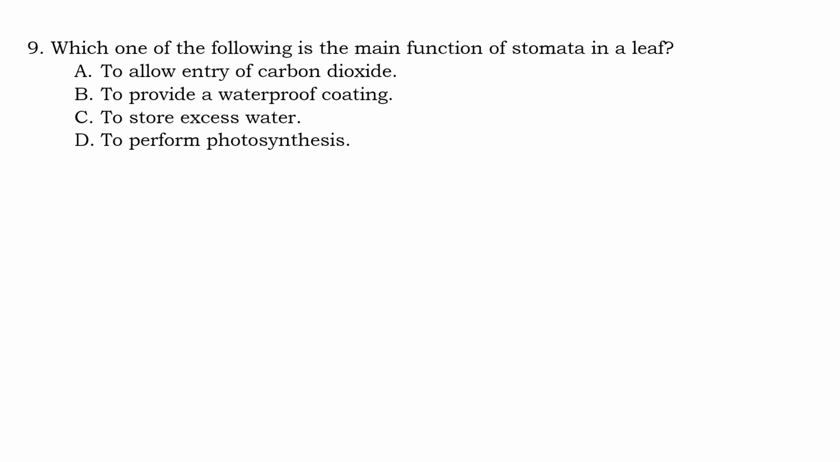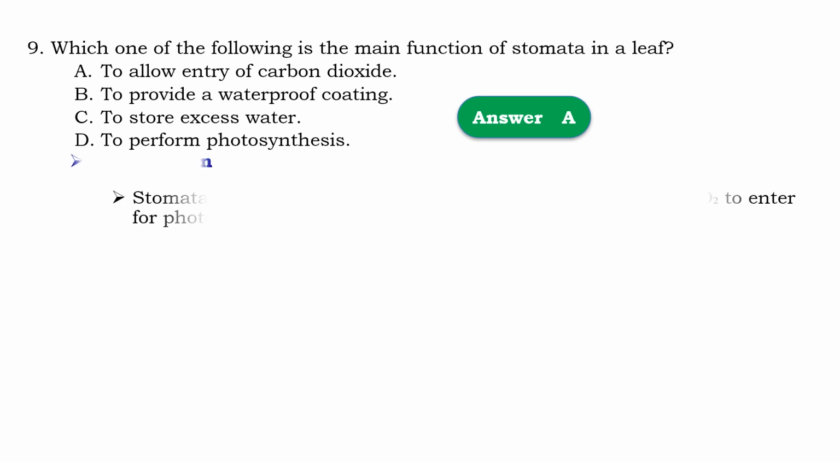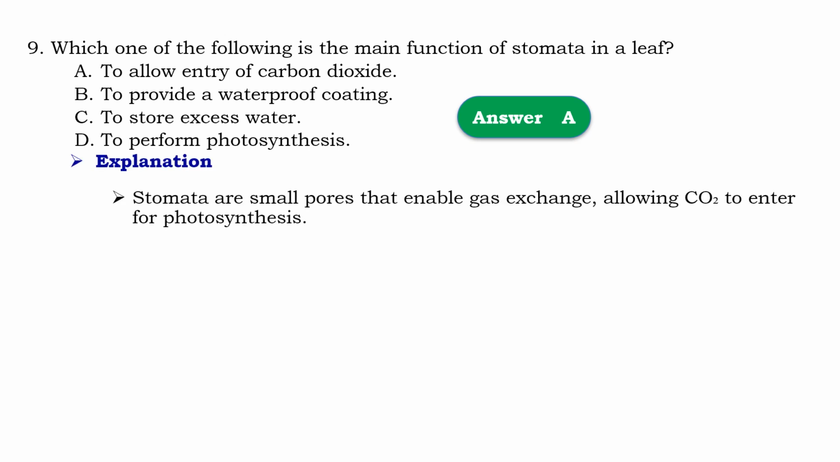Question number 9, which one of the following is the main function of stomata in a leaf? ቅጠሎች ውስጥ የስቶማታ ዋነኛው ስራው ምንድነው ይላል። So that should be A, to allow entry of carbon dioxide. Means that stomata are small pores that enables gas exchange, allowing carbon dioxide to enter for photosynthesis. Stomata small pores ነው ቅጠሎች ላይ ያለው ትንሽ ቀዳዳ ናቸው። እነሱም ጋዞች የሚገቡበትና የሚወጡበት ለፎቶሲንተሲስ በተለይ ካርቦን ዳይኦክሳይድ የሚገባበት ቀዳዳ ነው ማለት ነው።